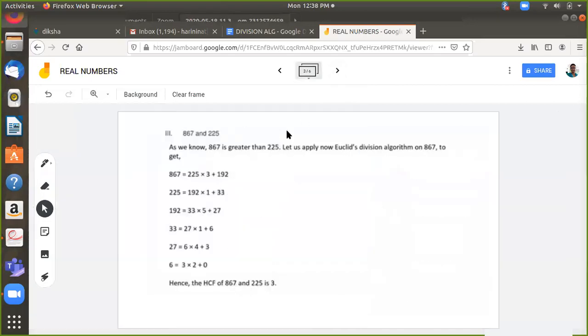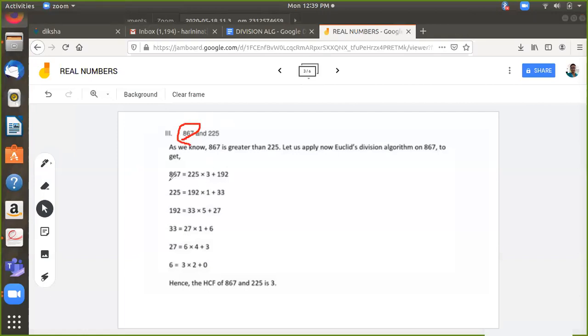Maybe I have one more problem. See, here I have not tried to bring the statements that were typed. So those who know how to do it, now don't look at the screen. It is only to help those who are not able to do it. Again, I have two numbers, 867 and 225. Which will become the dividend here? The bigger number. The 867 will become the dividend.